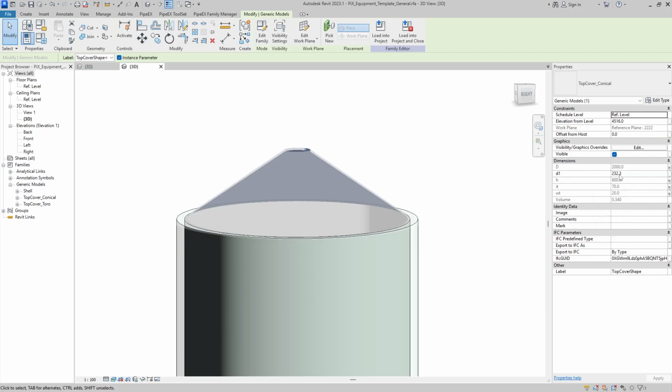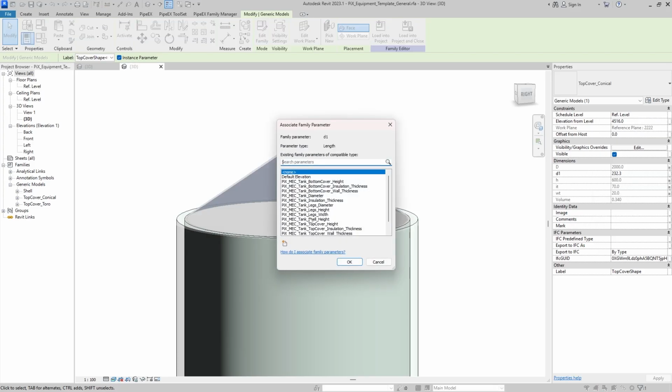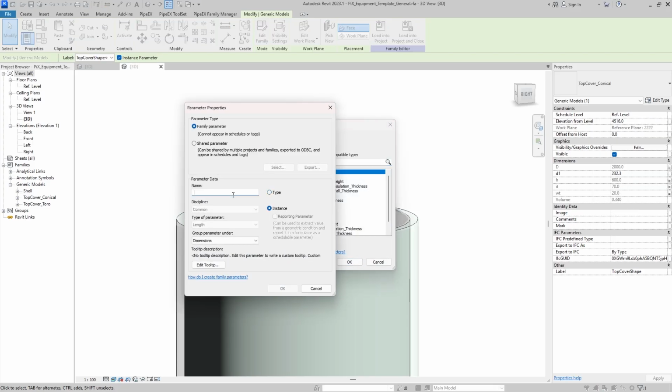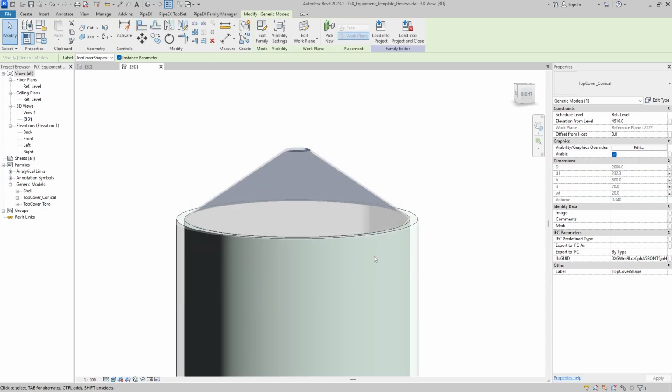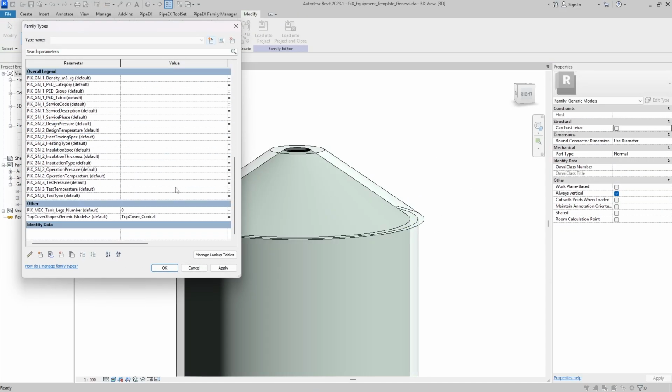In this case, as you can see, I have one extra, and if I will try to bind it to, for example, I will name it vent diameter, and if right now I will try to replace it with a different family